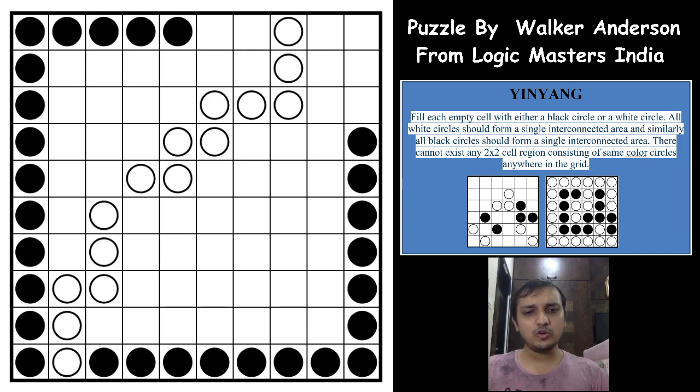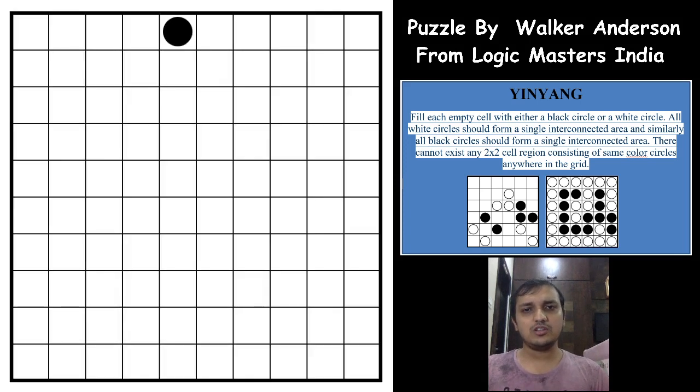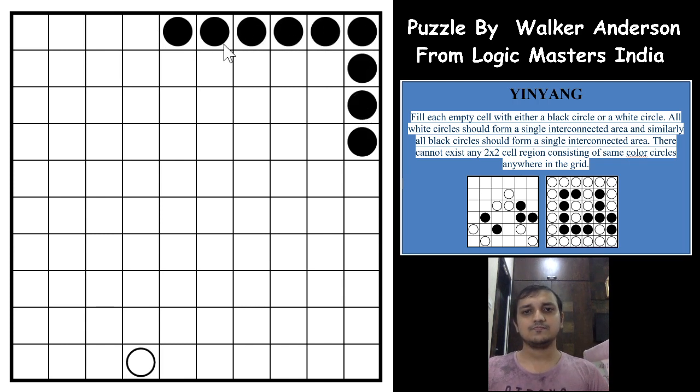So this is one of the most useful tricks to start the puzzle. Most of the Yin Yang puzzles have this start. You'll have two black circles and maybe a white circle here. So these two black circles, not towards the white circle but away from the white circle, will all be black. So this is the surety, because if this is a white circle again in between, connecting these two white circles will strand both of these groups of black circles, right? So this is one of the tricks.